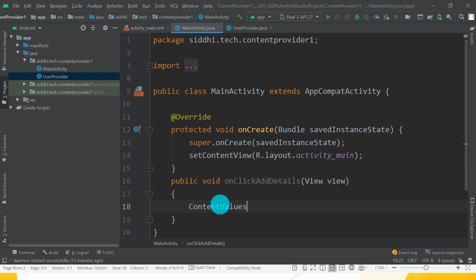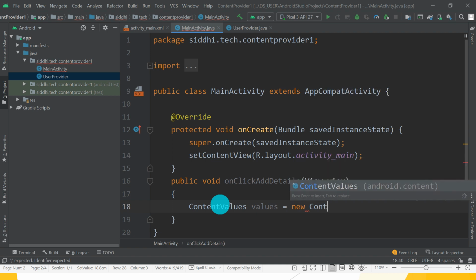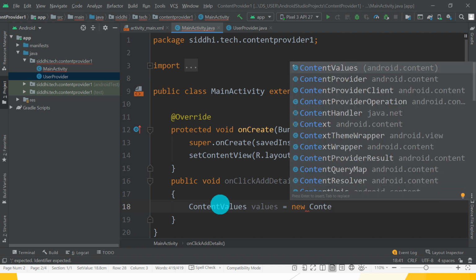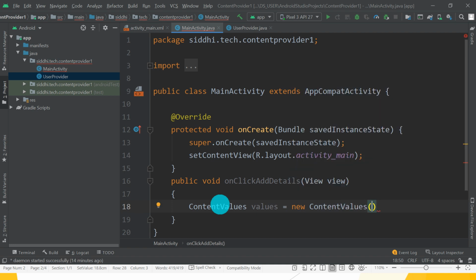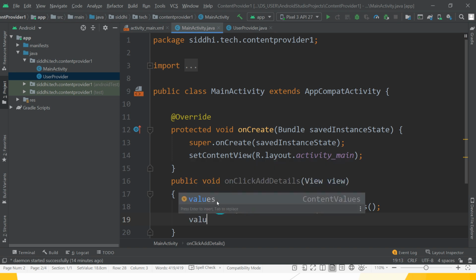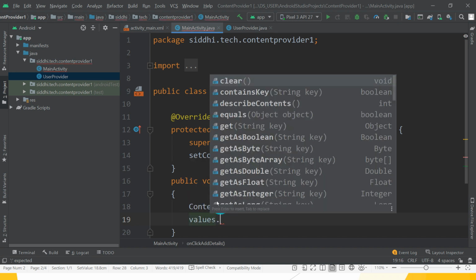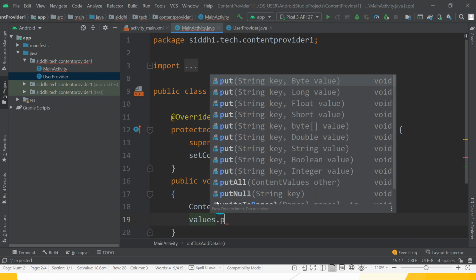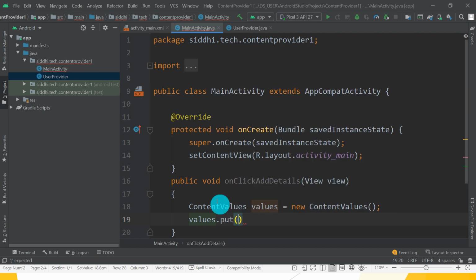values, as values is equal to new ContentValues. Great. After that, values dot put method, so put that values.